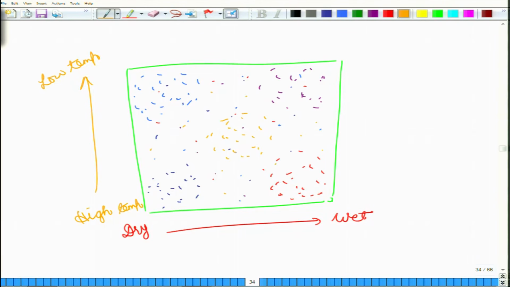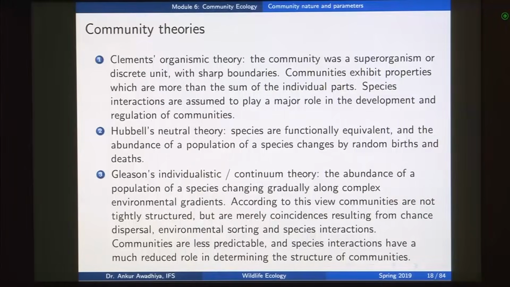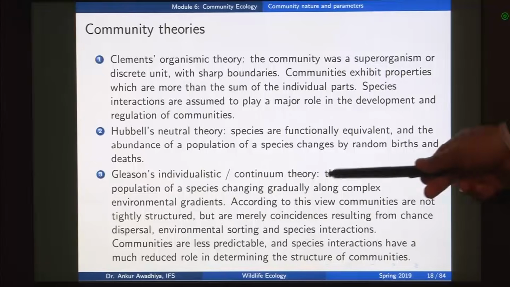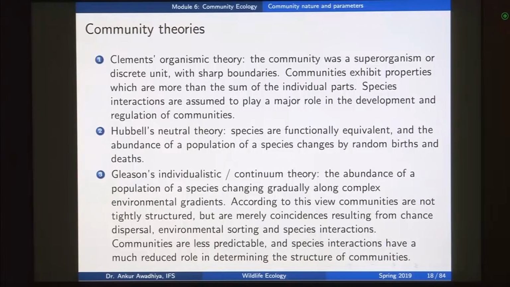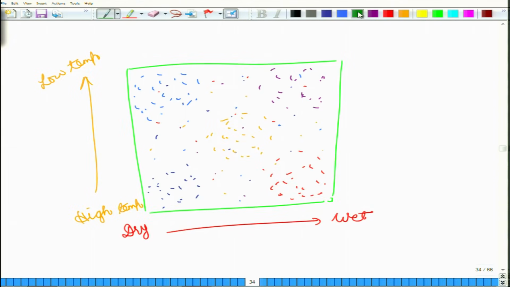Now, in terms of this individualistic theory or the continuum theory, what is happening is that different species are choosing the areas where they want depending on their own requirements. So, they are based on complex environmental gradients, and because of this you have these species that are found in different areas. Now, if we are talking about a community, so if say we are talking about this area and we are saying that this is a community that is dominated by the yellow species, then that is not because all these species have come together to